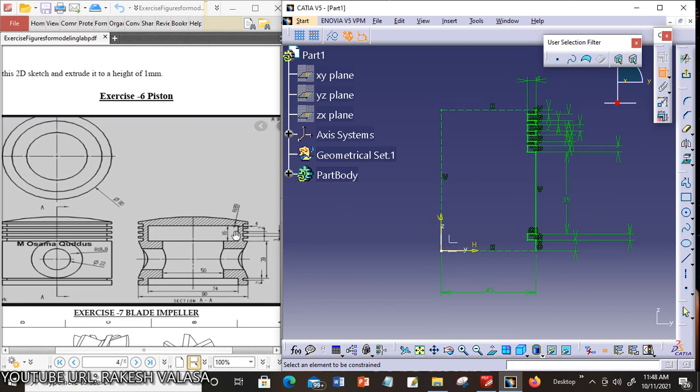Next, you can draw the one arc. For constructing this arc, I want to mirror this horizontal construction line to the left. Now choose the mirror tool, select the horizontal.